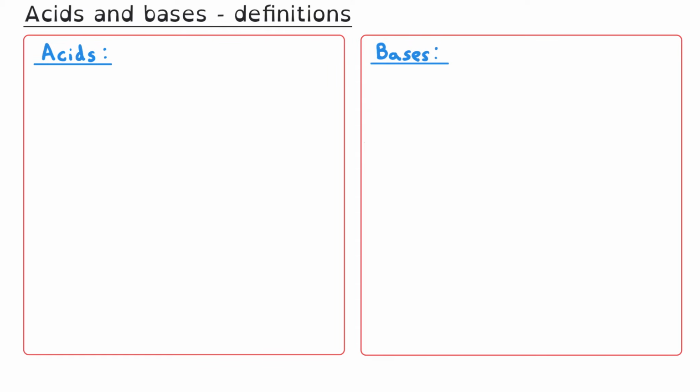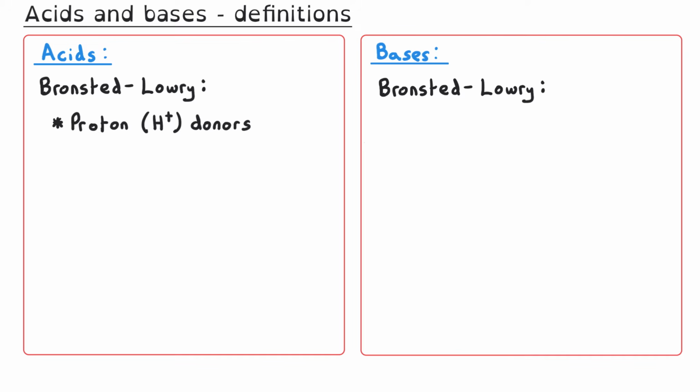There are actually three different definitions for acids and bases that you need to be aware of, and we're going to look at them all here. The first one is the most important one for this topic, which is the Bronsted-Lowry definition. Acids are defined as proton donors or hydrogen ion donors, and bases are defined as something that can accept hydrogen